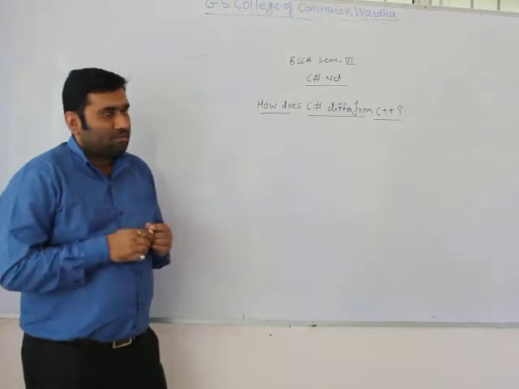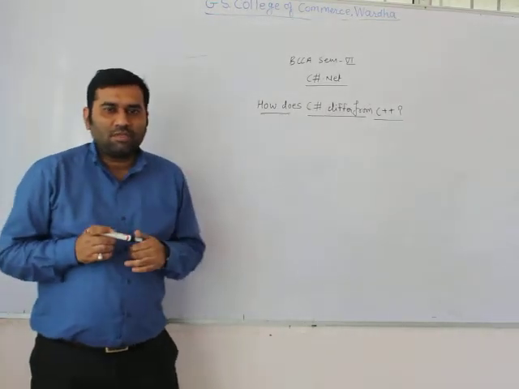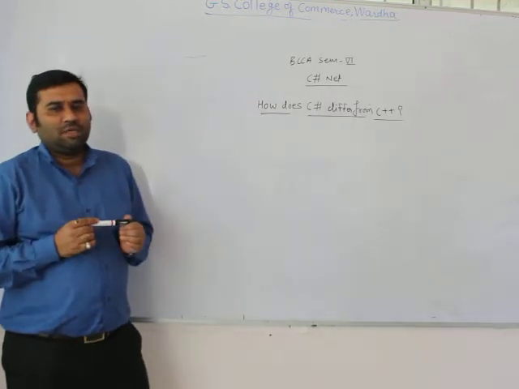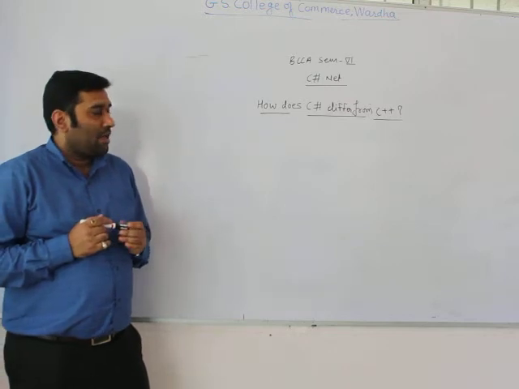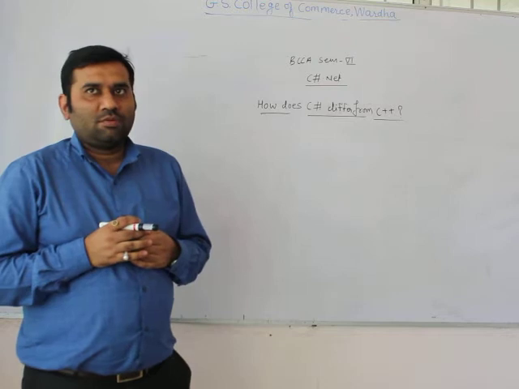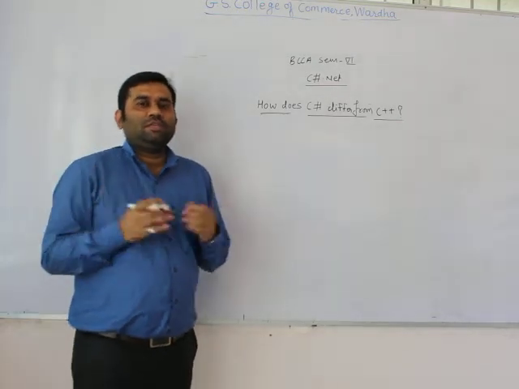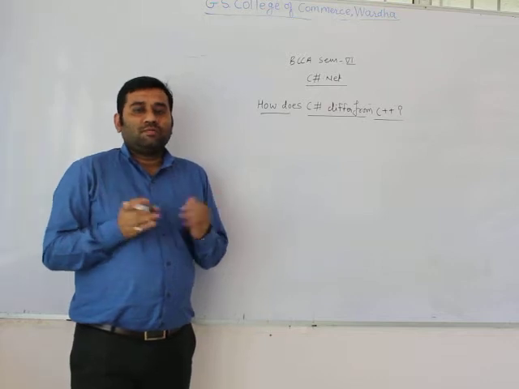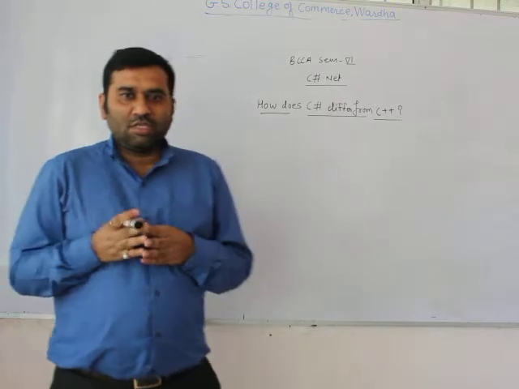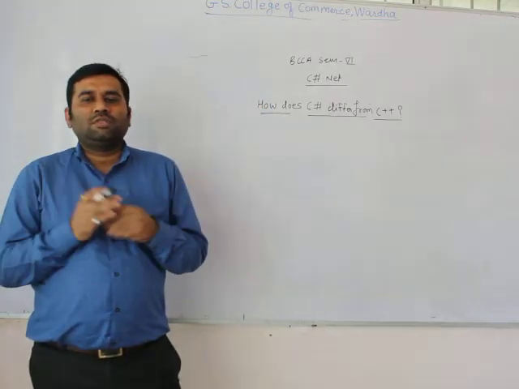In today's C Sharp .NET, today's topic is how does C Sharp differ from C++? C Sharp was derived from C++ to make a language for the choice of the C and C++ programmer. C Sharp therefore shares some major parts of its syntax with C++. However, the C Sharp designers introduced a few changes in the syntax of C++ and removed a few features